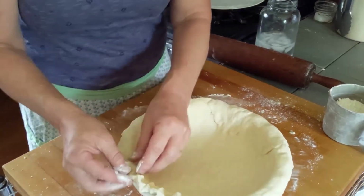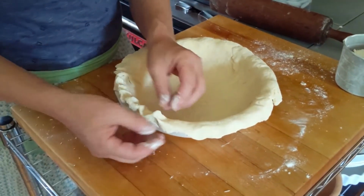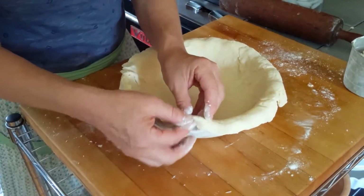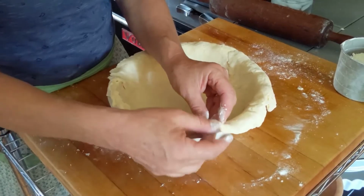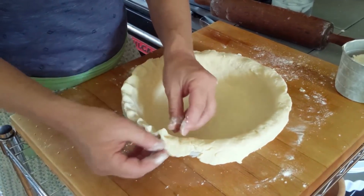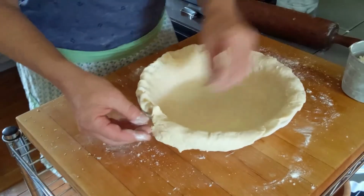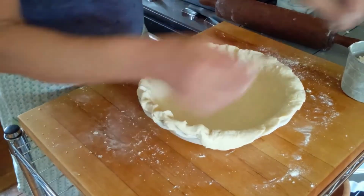And I kind of roll the crust. Maybe I should go this way so you guys can see it. It's not how I would typically do it, but if it starts to stick, then just get your fingers a little more floury again. Tuck all the way around, right? And so there you go. Now you can take this crust and add any sort of savory and or sweet